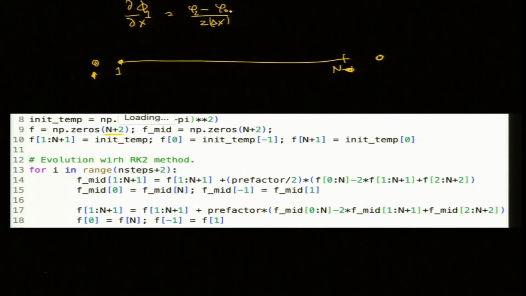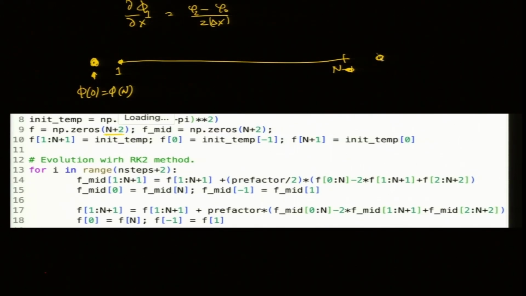I recommend that you should at least use second order, do not use first order. Second order is not so great, but it is at least second order. So I need this value at the left. For periodic boundary condition, this value should be equal to phi n. So I am going to set phi 0 equal to phi n after I update the variables.